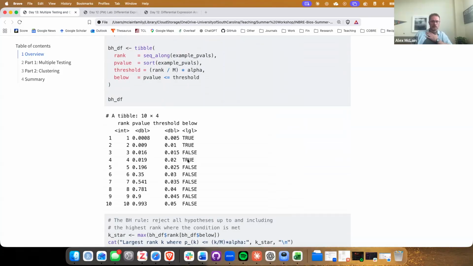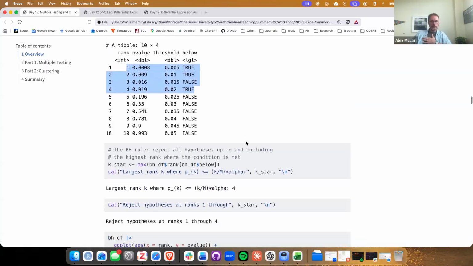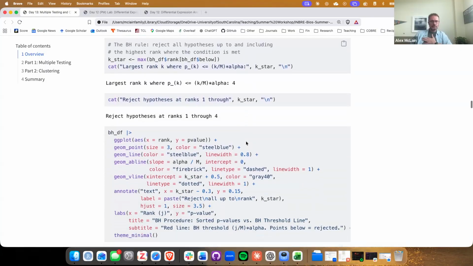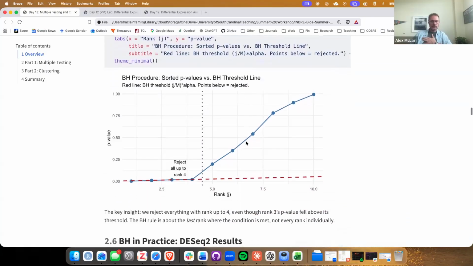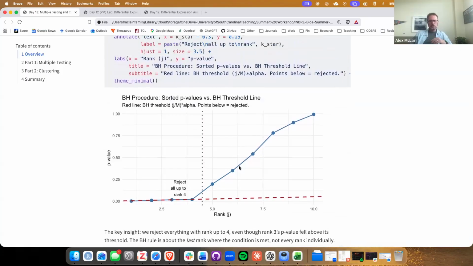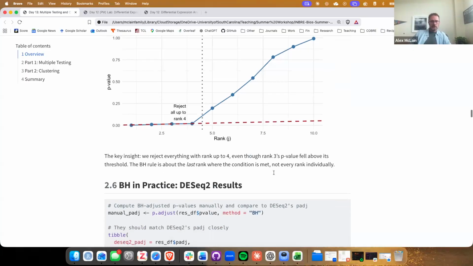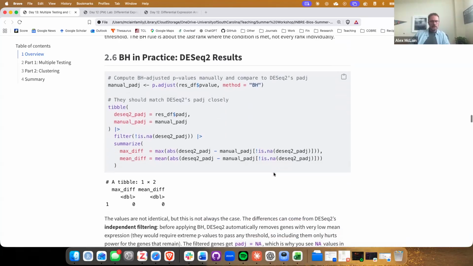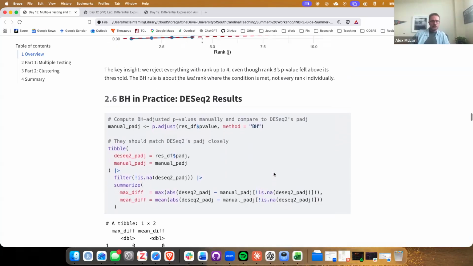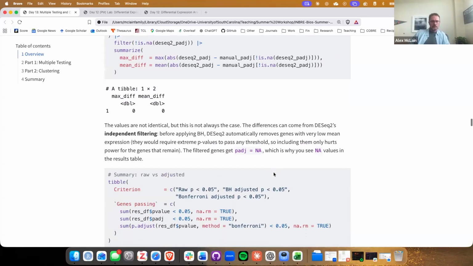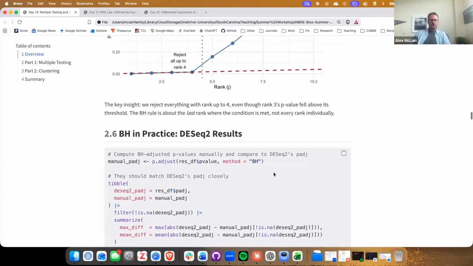We take all those, we would take the first 4 because we find the maximum value that's less than that threshold and reject everything above that. This is a graphical look at what those p-values look like. And again, we reject up to 4, even though 3's p-value is above that threshold. Let's take a look at this for the data,